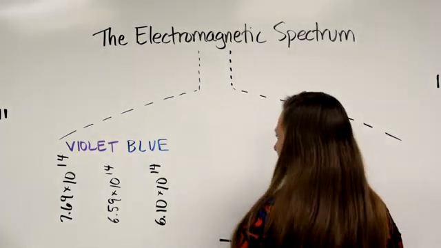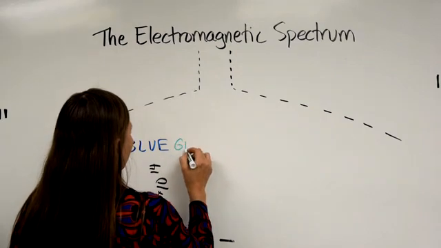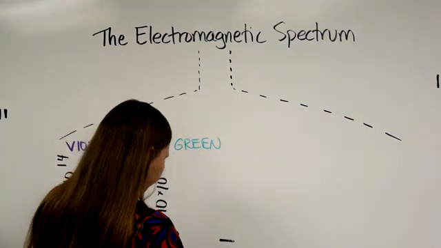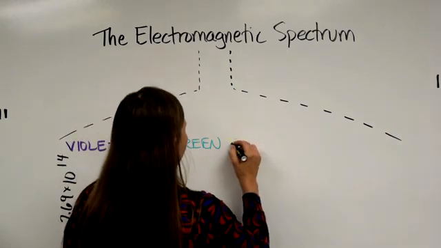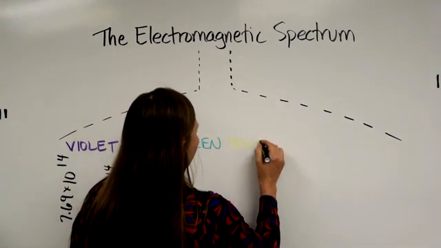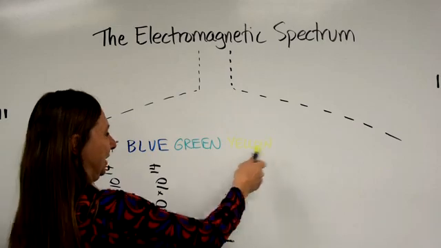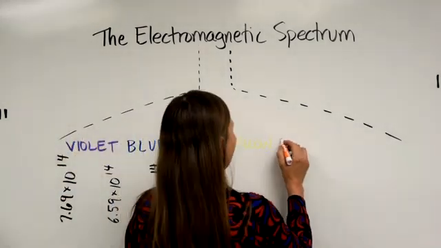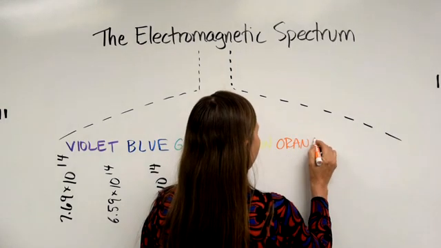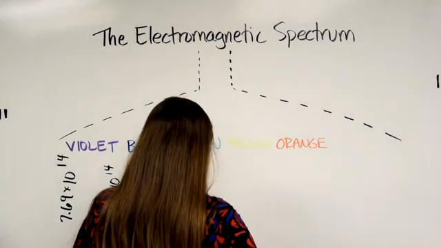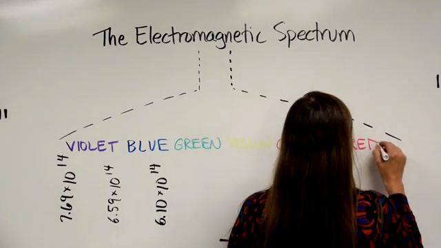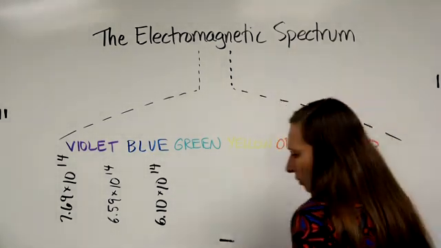All right, your green light, I will fill in the other types of light here. There's green, there's yellow, I don't know if you can see that, yellow, orange, take my word for it that I wrote yellow there, orange, and red. Okay, so